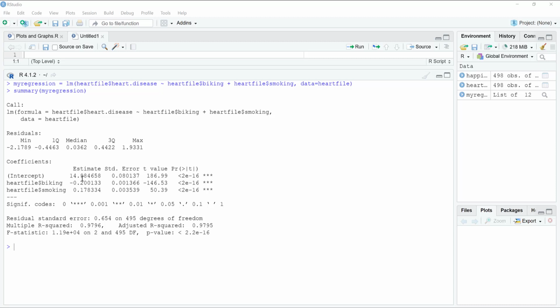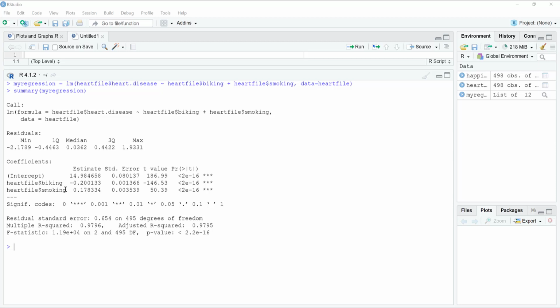And the slope of biking is negative, which clearly shows that the more a person does biking, the lesser will be heart diseases. And the slope of smoking is positive, which means the more a person smokes, the more will be the chances